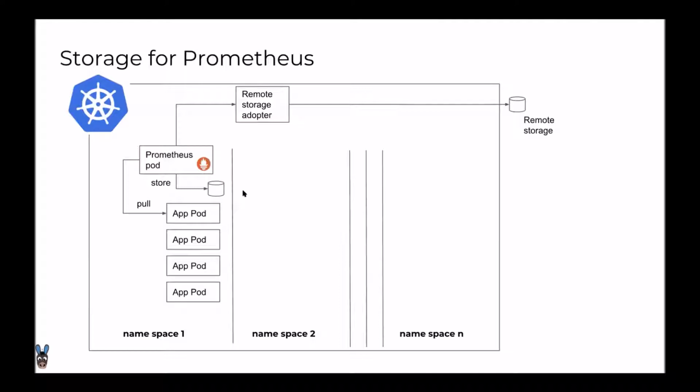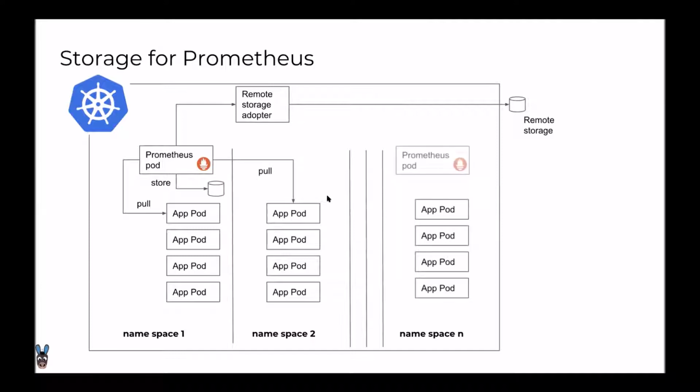And Prometheus is always deployed as a deployment, which really means that it has a limitation into how much traffic it can take, either in terms of read and write. So typically in large clusters, you will see more number of Prometheus servers deployed. For example, in this case, I've taken application pods in namespace 1, and namespace 2 also is supported by the same Prometheus server. But as you increase the number of metric pull sessions,